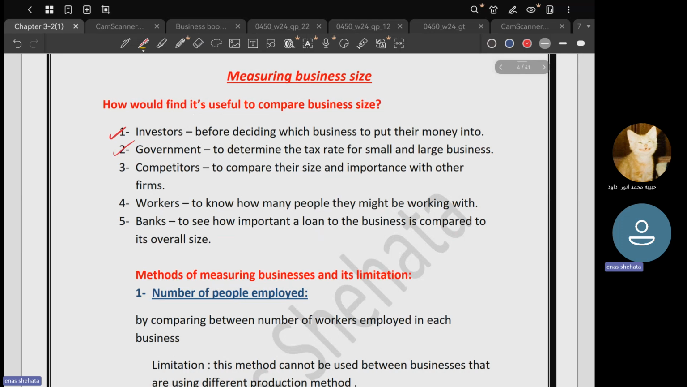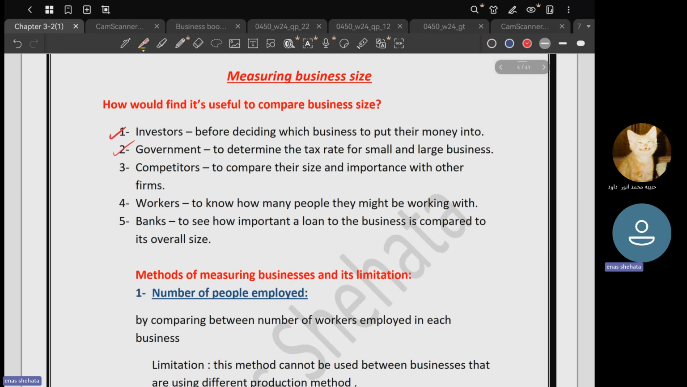Competitors. Now I'm in a specific industry, so I want to know the size of my business relative to the size of my competitors. In this case, I will compare my business with other businesses. Workers: you want to work in a certain type of business, a large business or a small business. So in this case, you also need to know the size of the business